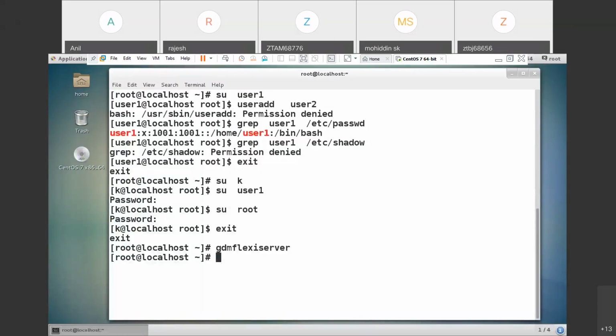So I showed you how to create a user, how to assign the password, and how to log in to the user. From the administrator you can log into any user without password using su. Then if you want to log in graphically to the user, I showed you. Then the text mode also I showed you. Now our next concept is